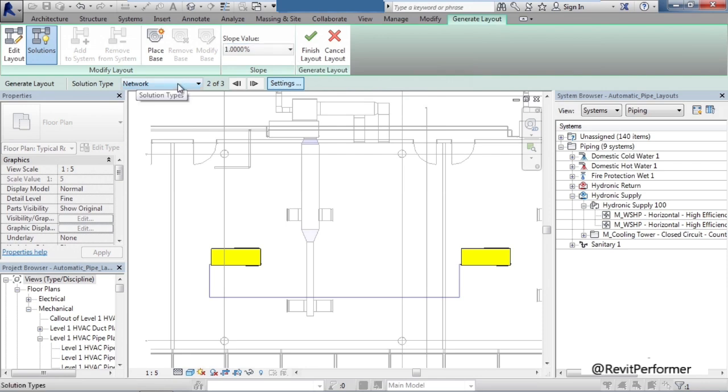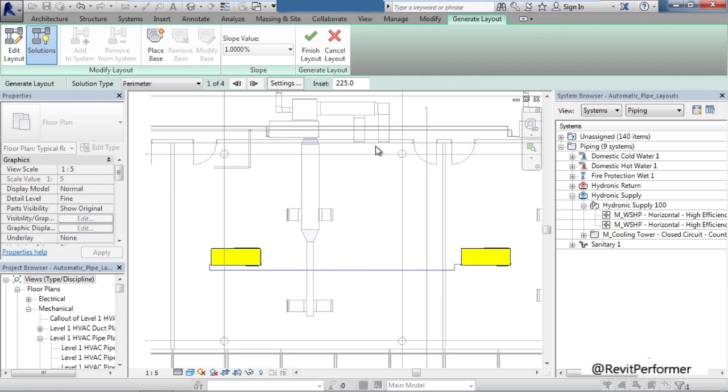You can also change the solution type to perimeter intersections. Again, changing these will give me different options. So for perimeter, I have a value that I can set. It'll actually route the pipes based on these values. And again, I have different options of what I'll be given or presented with based on what I want to choose. Once you have an actual route that you like, that you want to use, you can accept it.